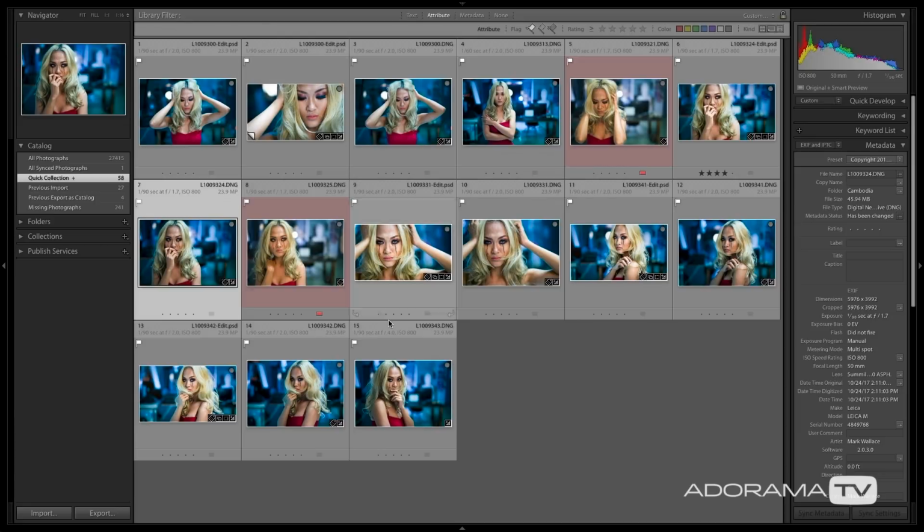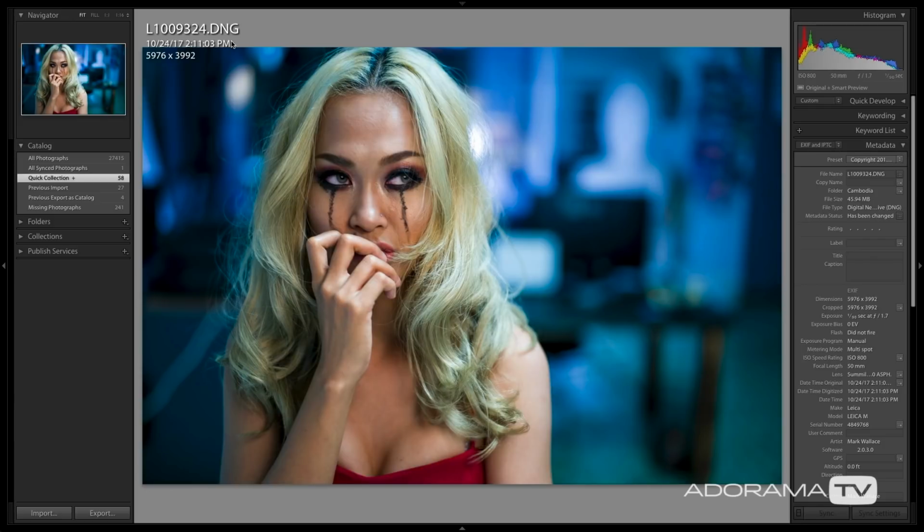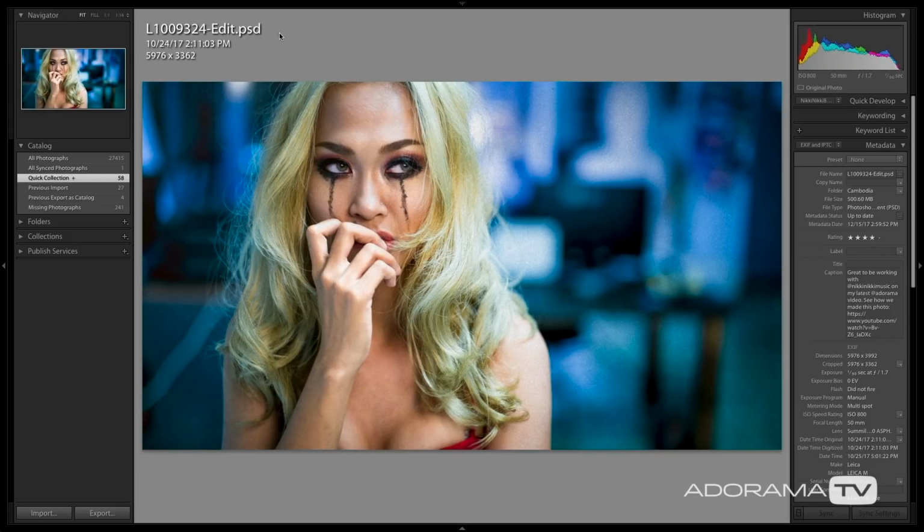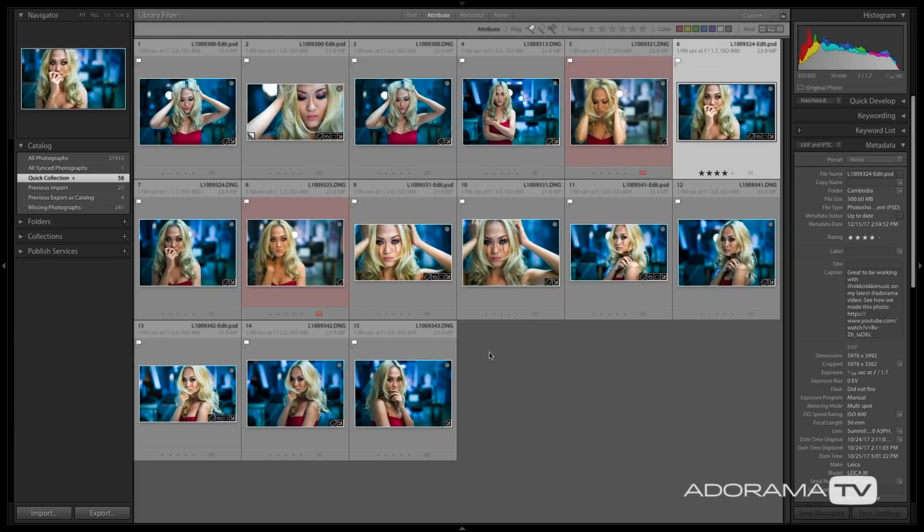You'll notice in our final edited images, they start out as DNG files. This is what comes out of my camera, but they end up as Photoshop files. That's one of the byproducts of the round tripping: we're going to go from Lightroom over to Photoshop to Nik, back to Photoshop, and then back into Lightroom. So they start out as one file format, they end as a different file format, but because of the way we're doing this, that's okay. It's still non-destructive. We can go back in the future and fix everything up or change things if we want